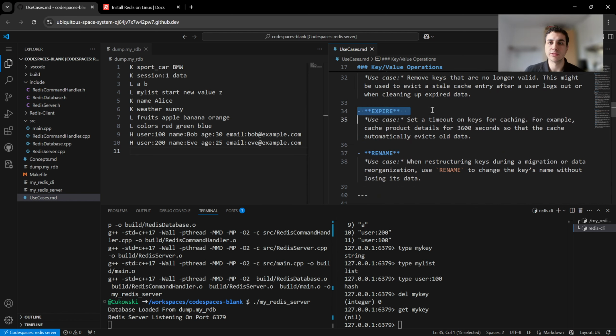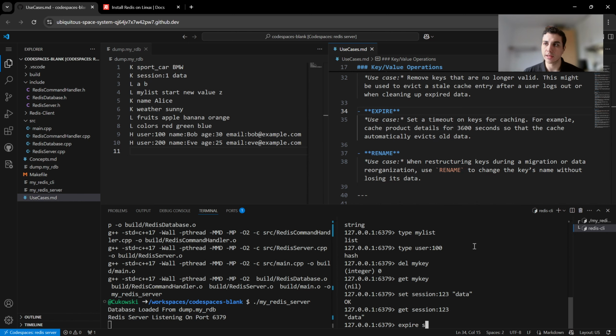We have expire, which was problematic last time, so this time we can fix it. Let's say we have a session called 123, and we give this session data, and we can get this session 123, and it will give us the data. And if I want to say, okay, let's expire this session 123 after 10,